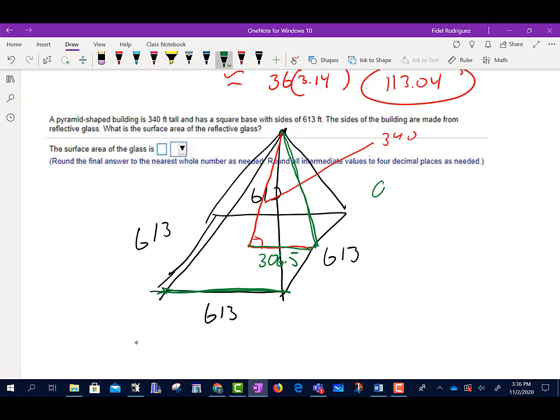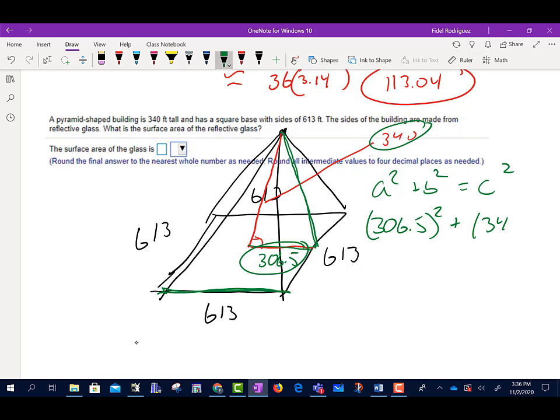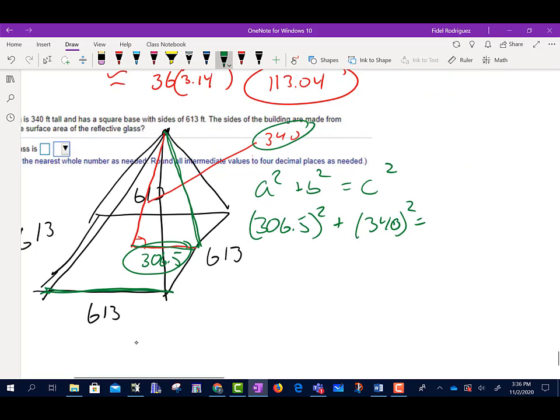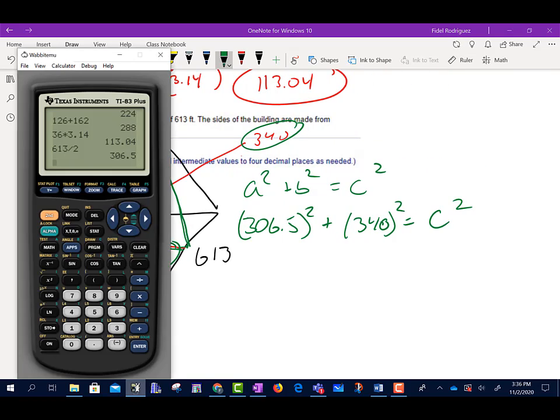That's going to be my hypotenuse, right? So I use a squared plus b squared equals c squared. Let's call this a and let's call this b. So I'm going to take 306.5 squared, and b is going to be 340 squared, equals c squared. So let's get our calculator. 306.5 squared plus 340 squared